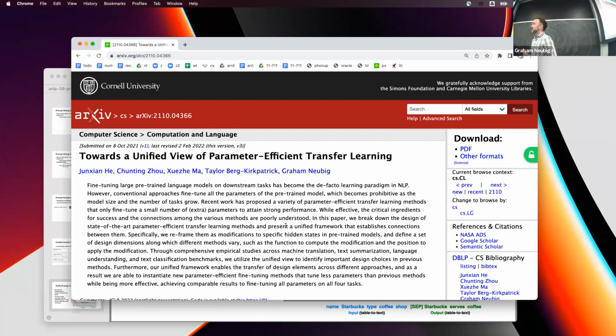And what this paper basically shows is that prefix tuning is also a subset of a broader set of parameter efficient tuning methods. And so this includes other things like adapters and the stuff that I talked about before last class.